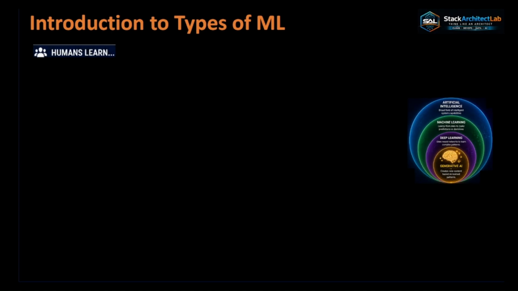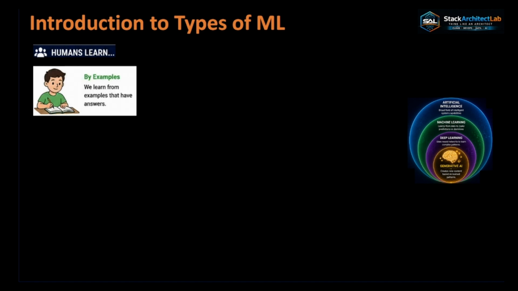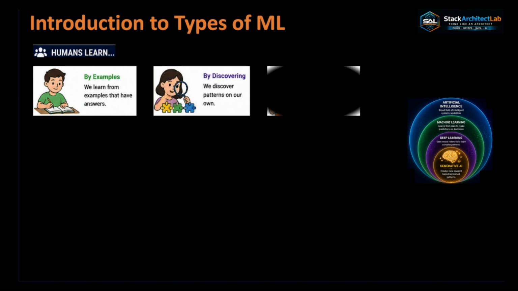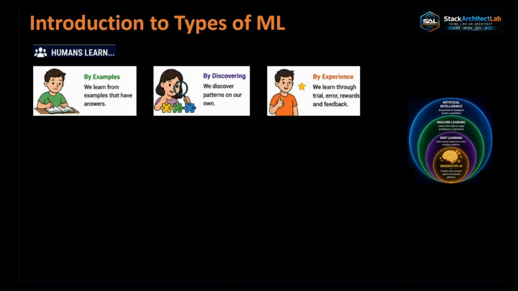Okay, so let's first understand how humans learn. That is important. If I show you how humans learn, by example, by discovering, by experience, correct? So just like humans learn in different ways, you see, by example, by discovering, by experience, machine learning systems also